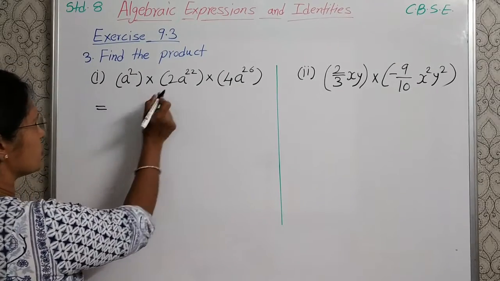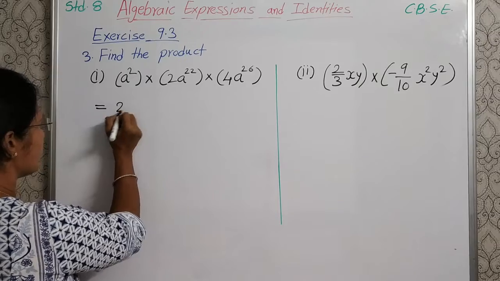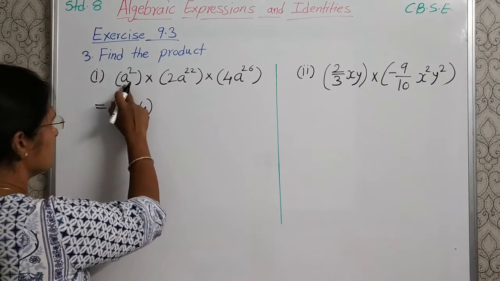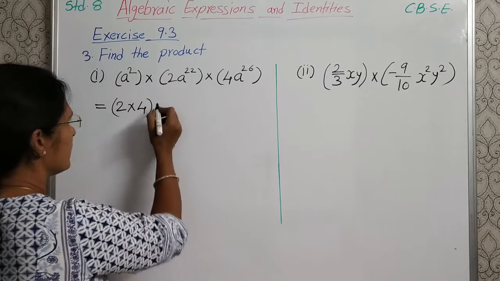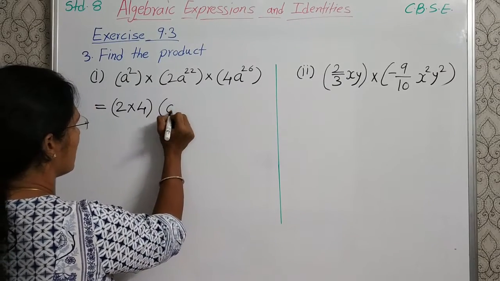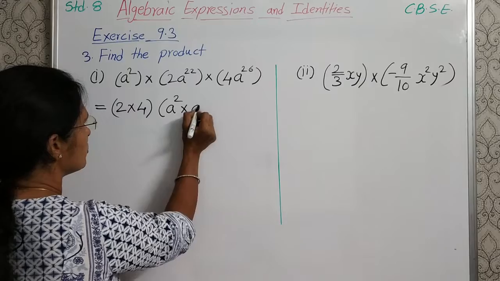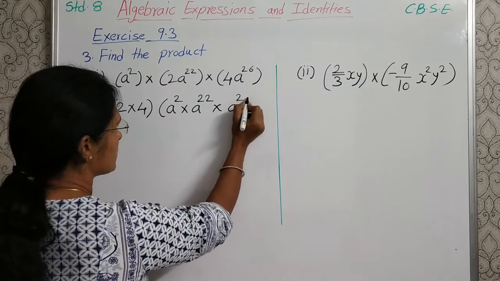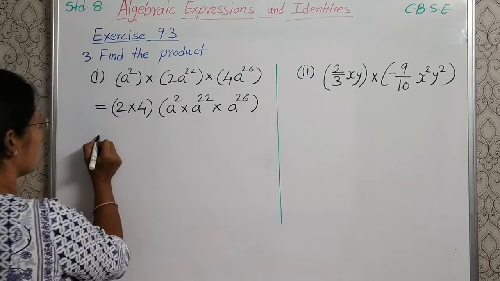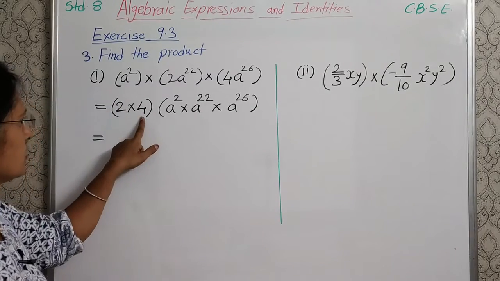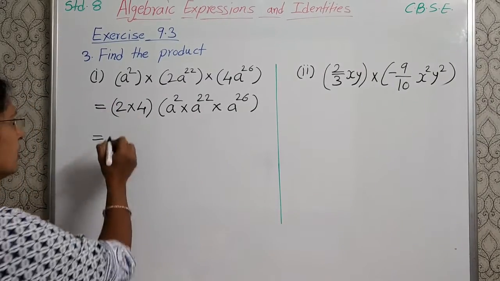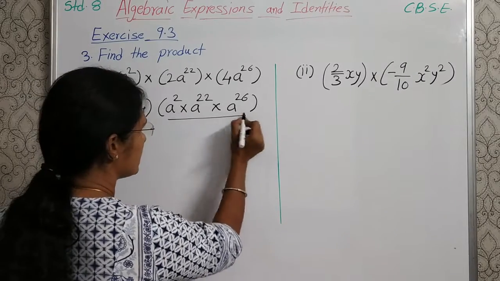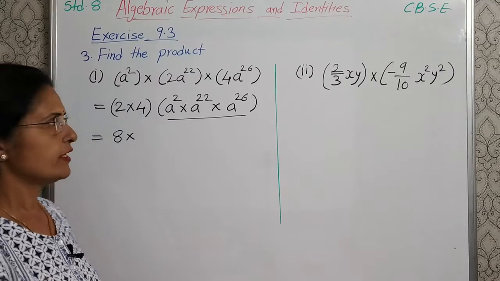So first 2 into 4, we'll separate it, 2 into 4, and now multiply this variable. It is a square into a raised to 22 into a raised to 26. Now first multiply these two, 2 4s are 8 into, now we'll solve this part using the laws of indices,